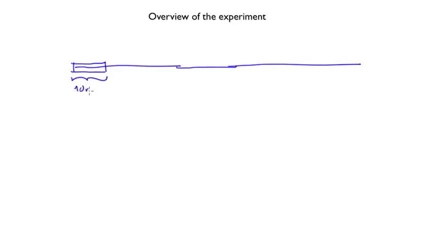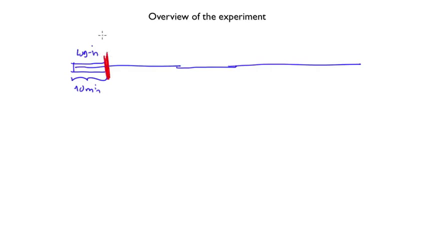Let me begin the description of the experiment by giving you a high-level overview of what happens. Think of this as the timeline of the experiment. During the first 10 minutes, as we saw before, is the login process, where all of the students in the course will log in to the lab website. Now, at 1:10 precisely, the experiment will start, and at the time you start the experiment, you will have an